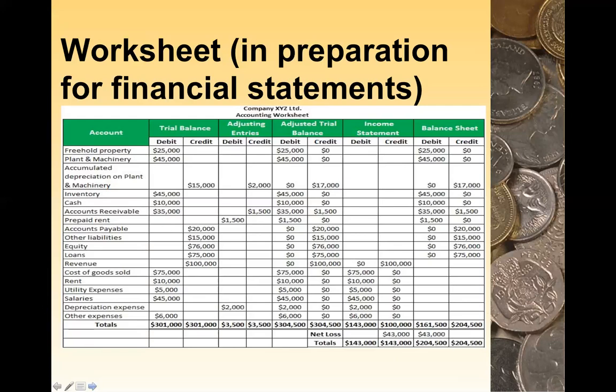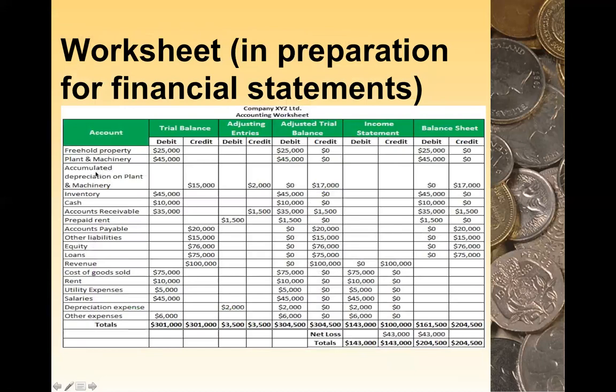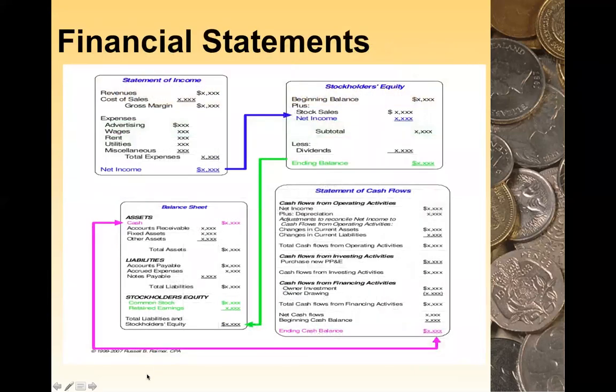Okay? And then afterwards, pwede ka nang gumawa ng financial statement. So, hindi ka talaga pwedeng gumawa ng financial statement without doing a worksheet, no? In reality, in actual practice, required ang worksheet. And then, ang mga basic financial statement na pwede mong magawa out of your worksheet ay, of course, the income statement, and then second ay yung stockholders' equity, and then you have the balance sheet, and then you have the